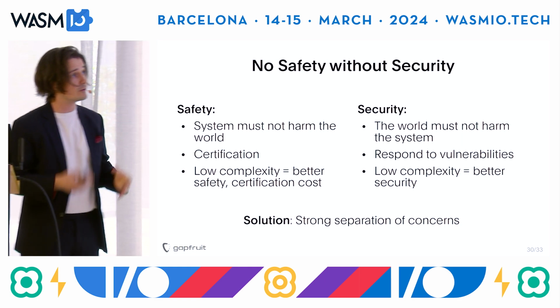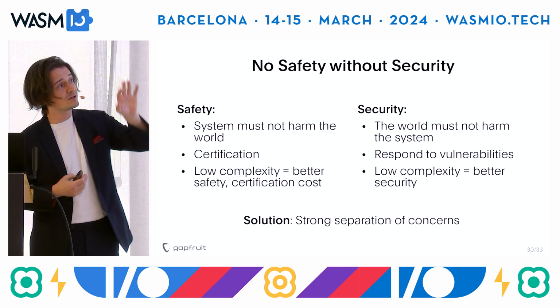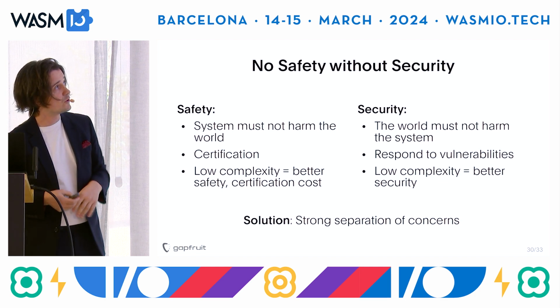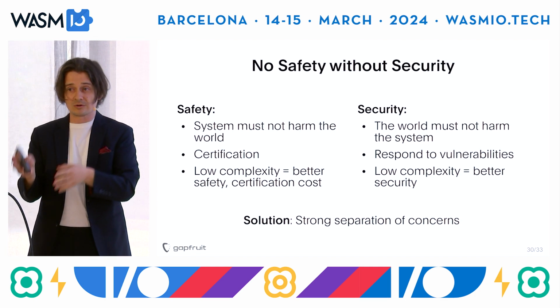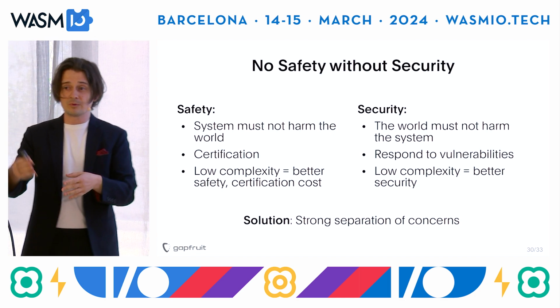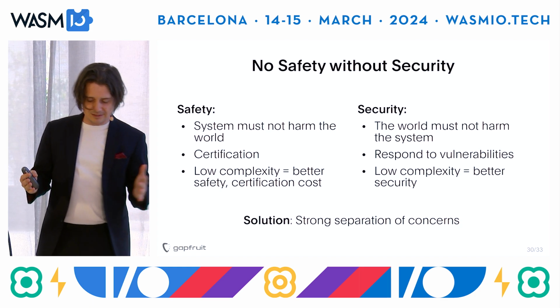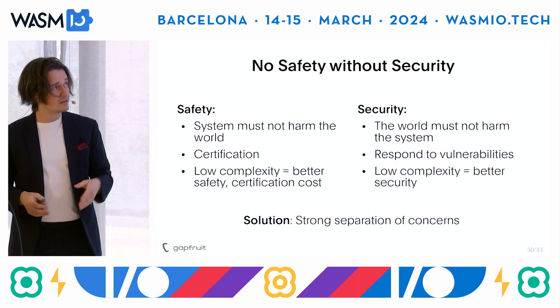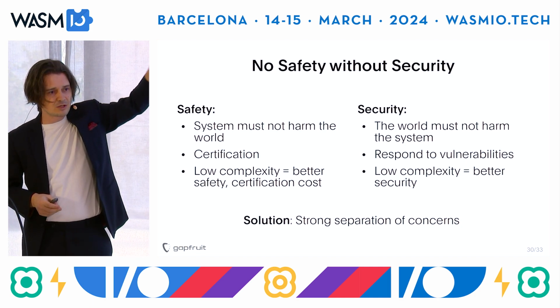So there is a discrepancy between safety-critical systems and security-critical systems. For one, safety-critical means that the system must not harm the world, and security means that the world must not be able to harm the system, right? When it comes to engineering practices, they also kind of differ. For the safety-critical products, it's